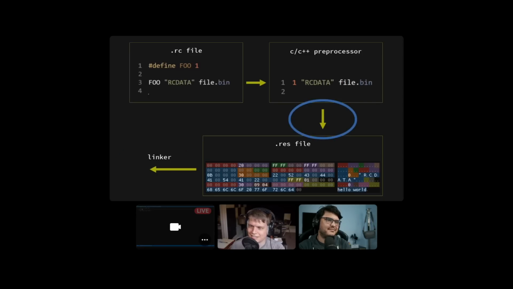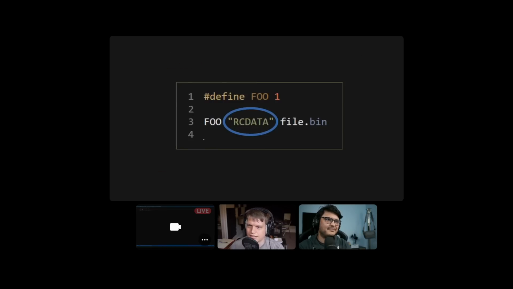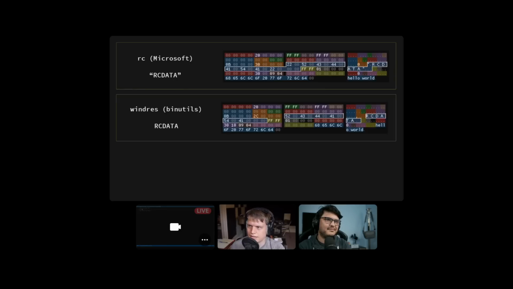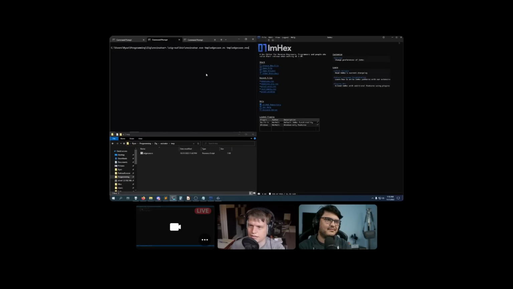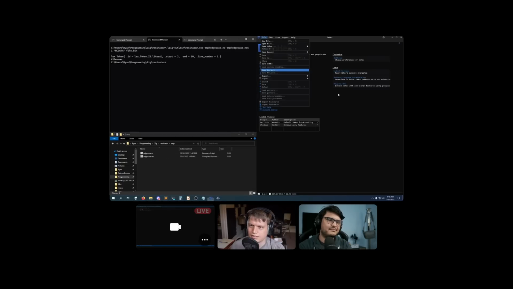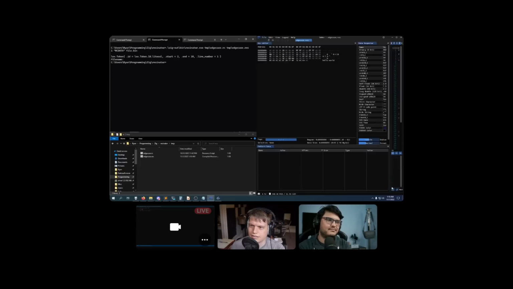I'm writing this from scratch instead of porting another implementation because other similar projects are not one-to-one compatible with the Microsoft RC compiler. In this example, the quotes here change how this file is parsed, and each existing RC compiler handles it differently. My current code will explode on almost any other input, but it already handles this edge case the same as the Microsoft compiler. My ultimate goal is to fuzz test with the Microsoft compiler as an oracle to ensure identical outputs for every input, but it might take a while to get to that point.